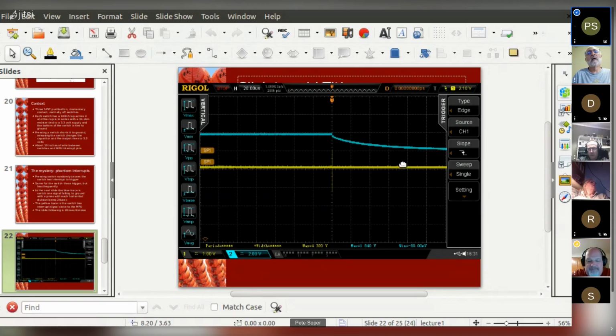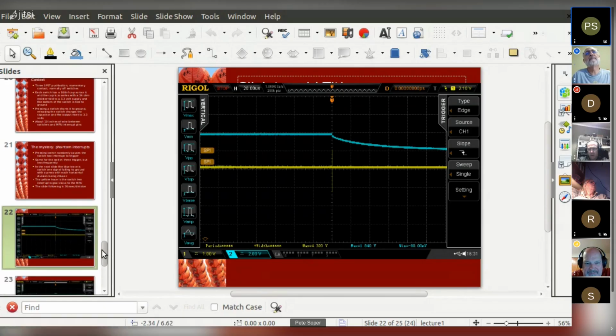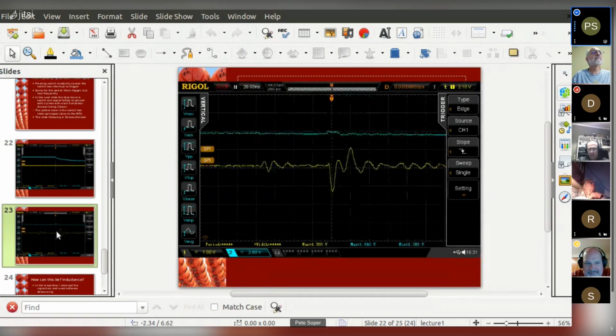Yeah. Okay. But look at this, this is interrupt 2. Do you see that little yellow line right there? Yep. This is 20 microseconds per division. Here's 20 nanoseconds. And that's where it triggers the MPU right there.